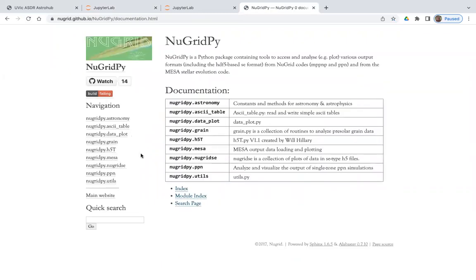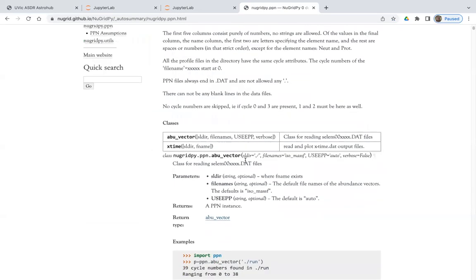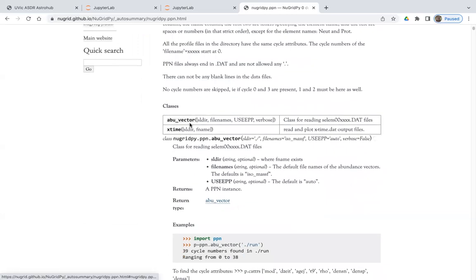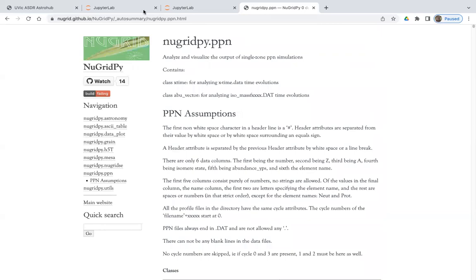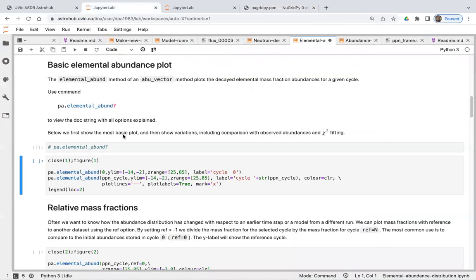Here you will probably need, for one-zone calculations, this NuGrid PPN. These functions are relevant for one-zone calculations. If I click PPN, you can see abu_vector. This is a function that I've already used in one of these notebooks. Xtime I also used. So here you can get some additional information. So therefore I report this for you. Now I'm back to this